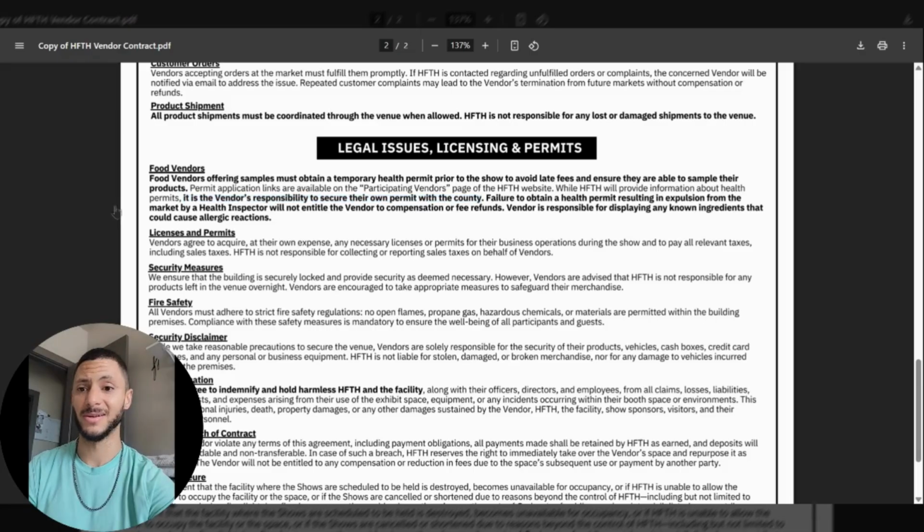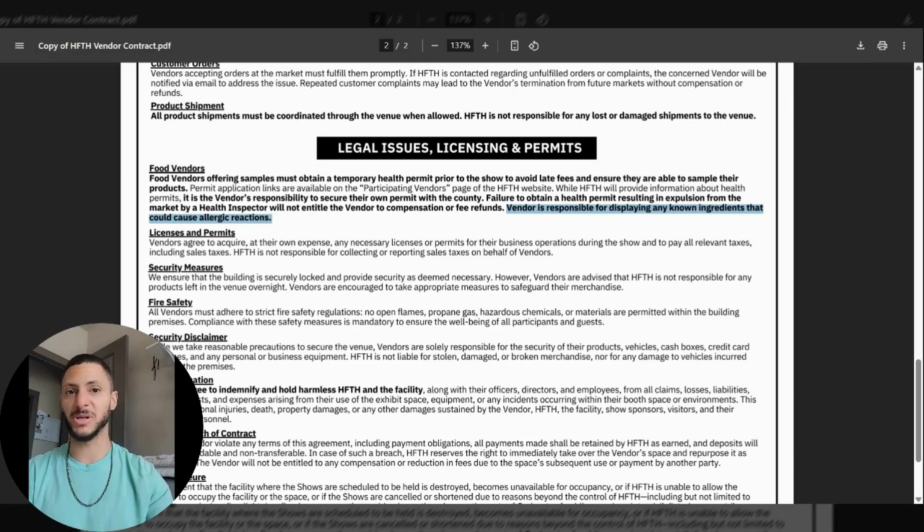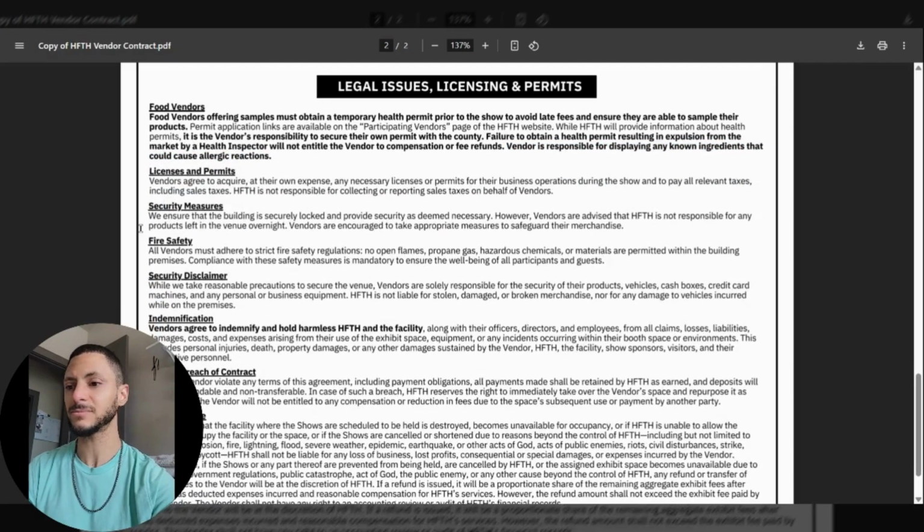Get it early. If you don't do that, they may kick you out of the show. We don't have a say-so in that. That's their regulations. So make sure that you have that and it's displayed, and you have displayed any kind of allergies, any sort. You have your wash bins. You have your permit displayed so that everyone can see that. We already talked about